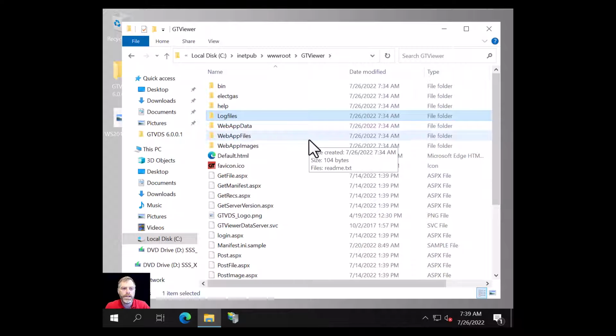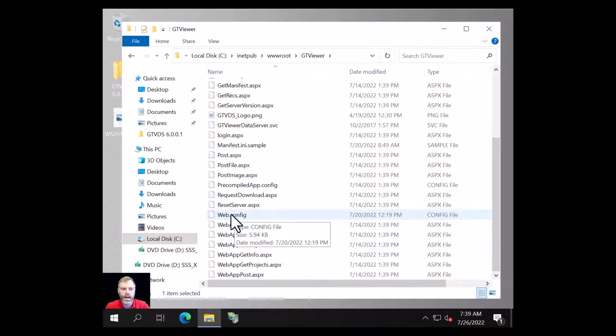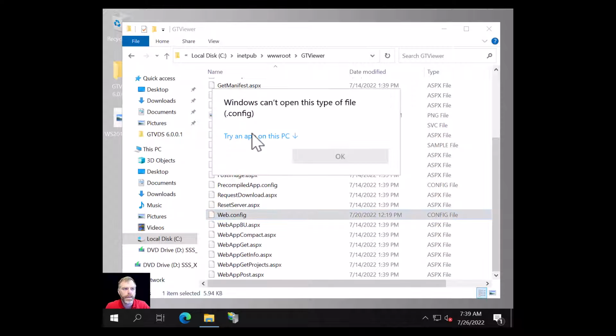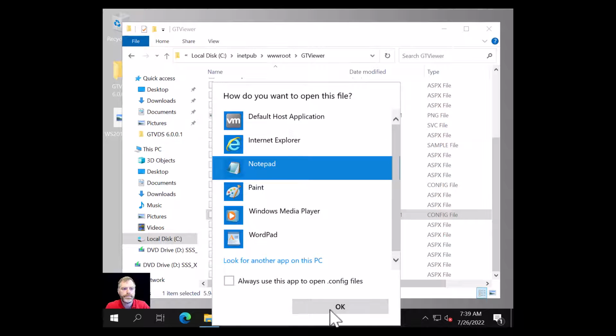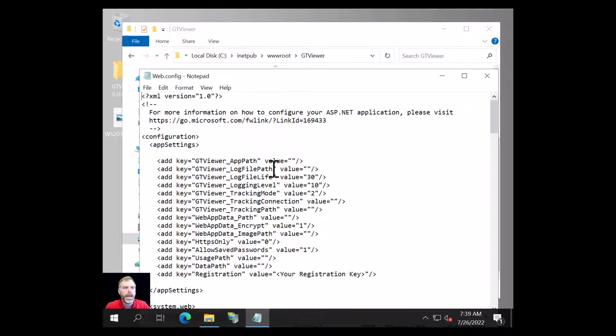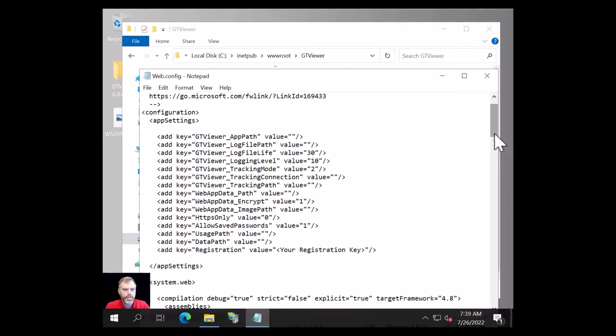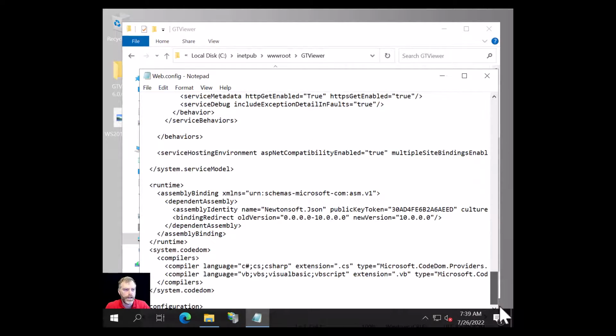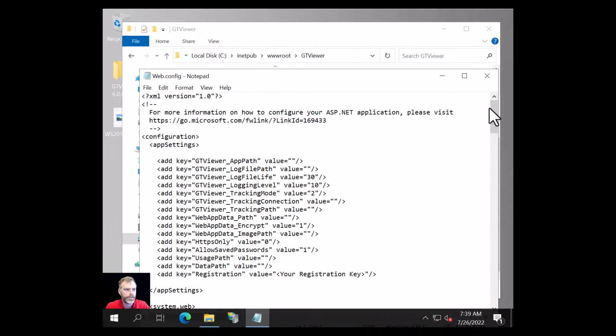The next part is to do some configuration in the web.config file. This is the main configuration file for GTViewer Data Server. So I'm going to open it up. I'm just going to use Notepad. This file's got several things in it, and you can change anything you need to do for your environment.